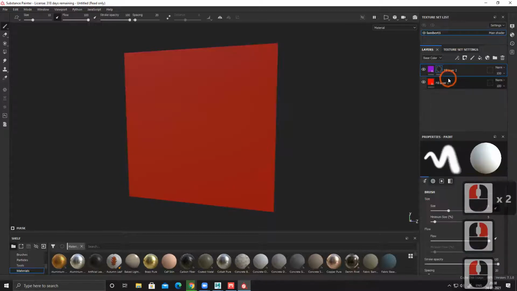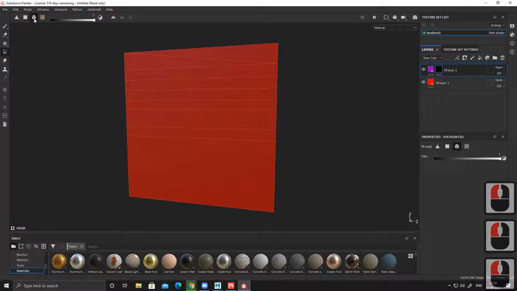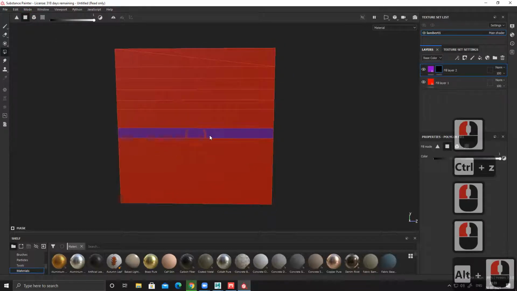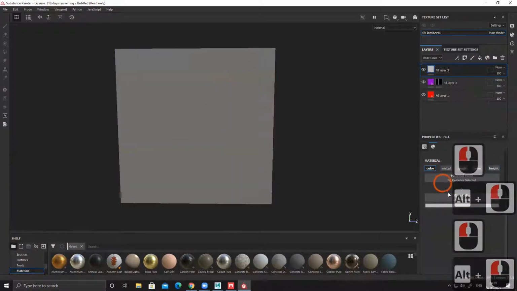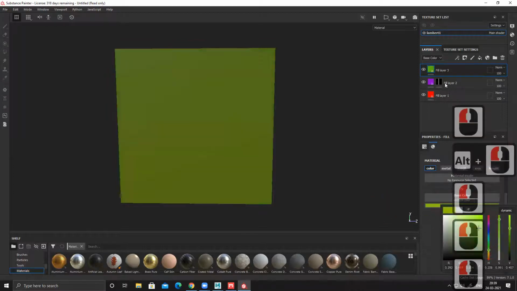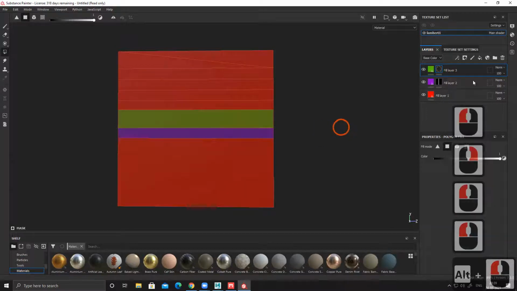Right click, add black mask, go to selection. I'm going to use polygon, not element, and select this. So only this section. Now, one more. Let's use some greenish, blue, yellowish something, and this one.